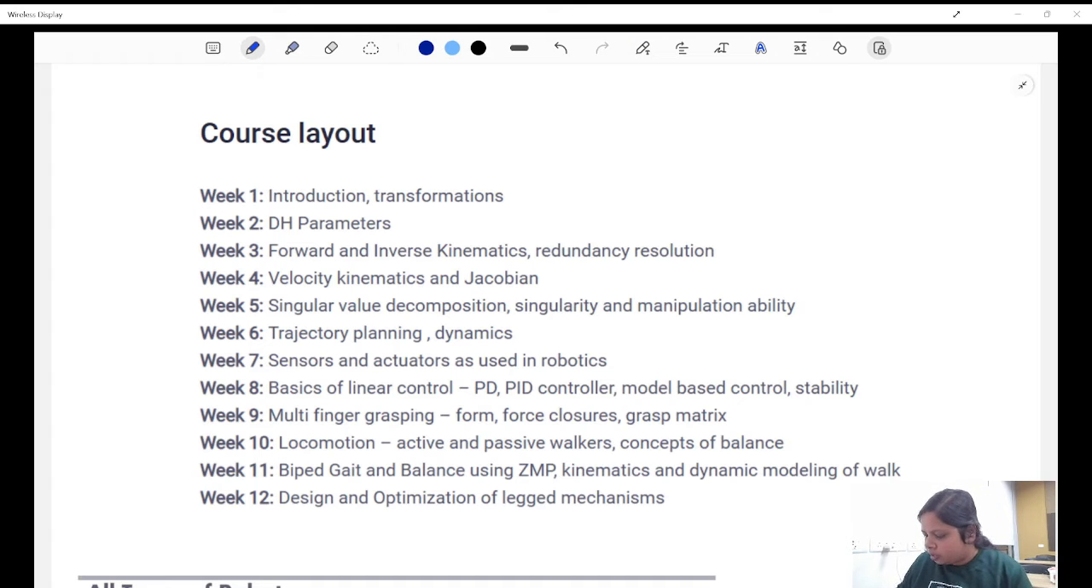So the thing is that we are going to have 12 weeks of the session. So 12 interaction lectures will also be there from my side. And you can see very well that the next week only we are going to have DH parameters and forward and inverse kinematics. So I think up until week 8, you might have learned it already in your basic robotics course as well, right? But after this,